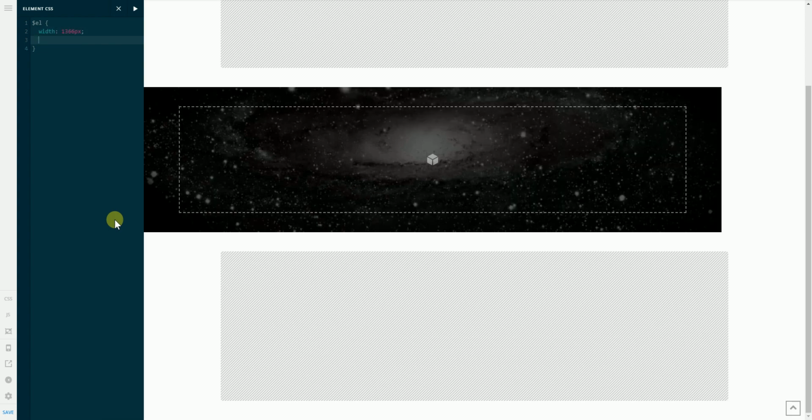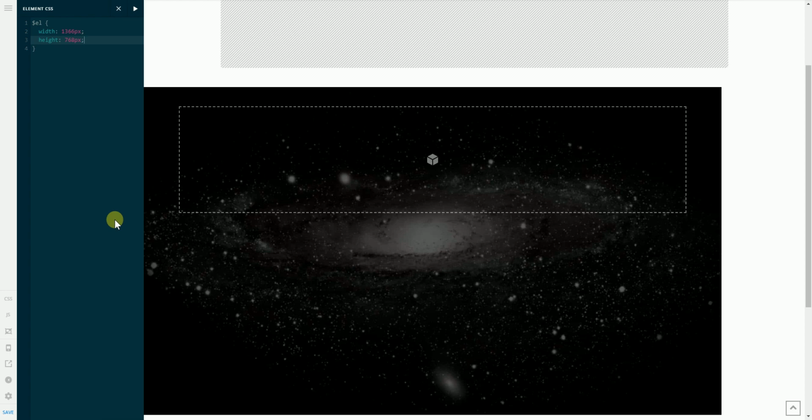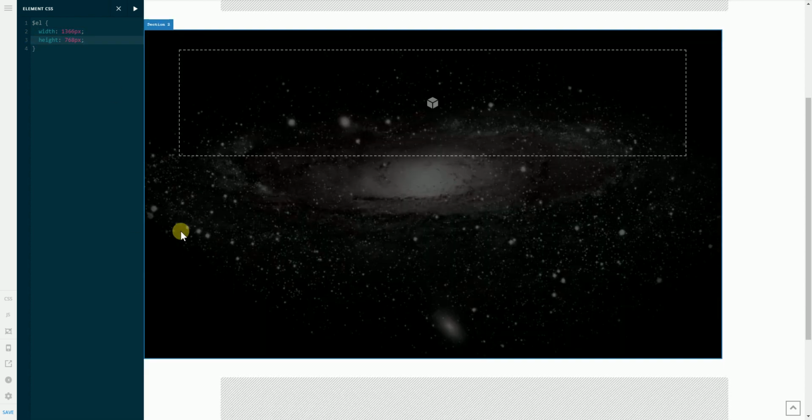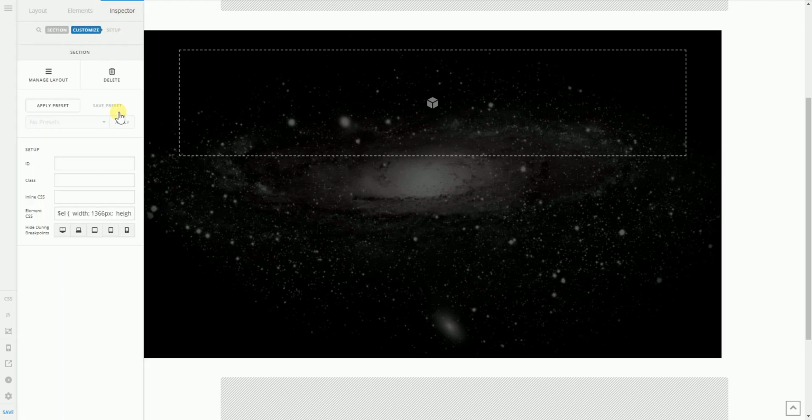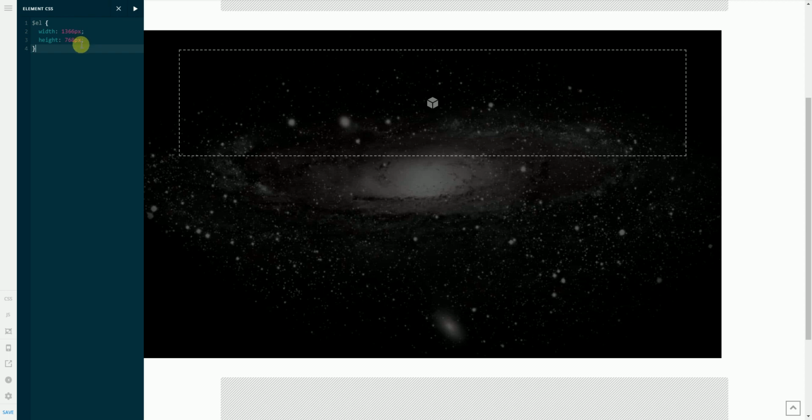I'll set the width to 1366 and the height to 768 pixels, which is an HD laptop size. As you can see, the background image is full HD 1920 by 1080 pixels, but it perfectly fits this 1366 by 768